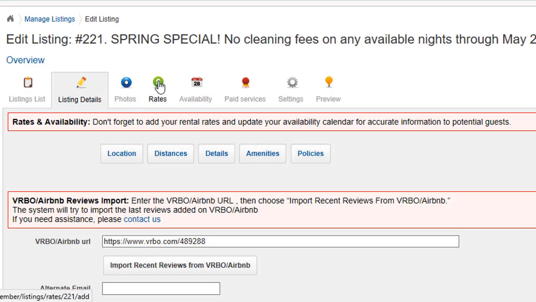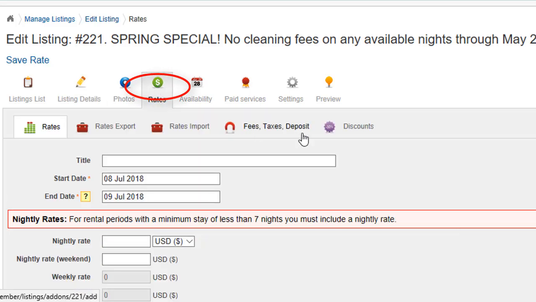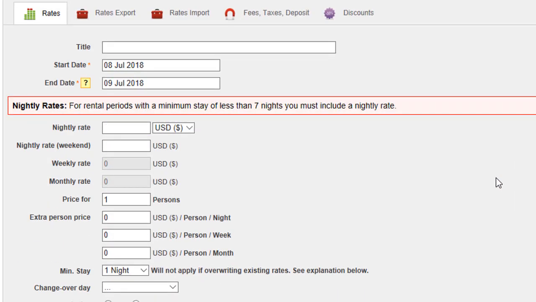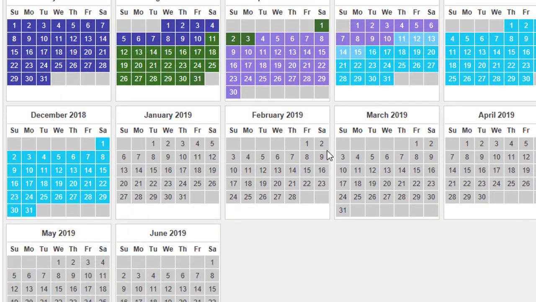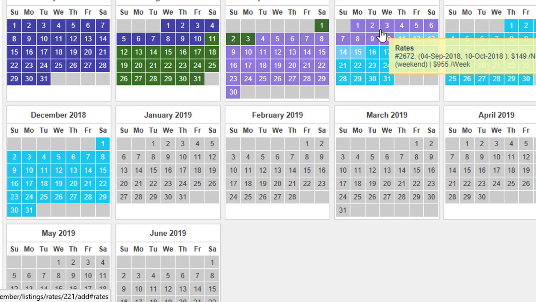Go to the Rates tab, and here you will see how to enter a rate manually by entering the title, start and end dates, etc. And if you scroll down, you'll see a calendar here that usually is color-coded that shows you the different rates that have been established. If you hover over a date, it will show you what the rate is for that